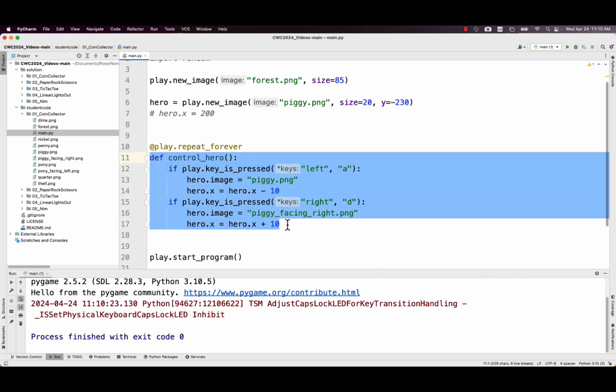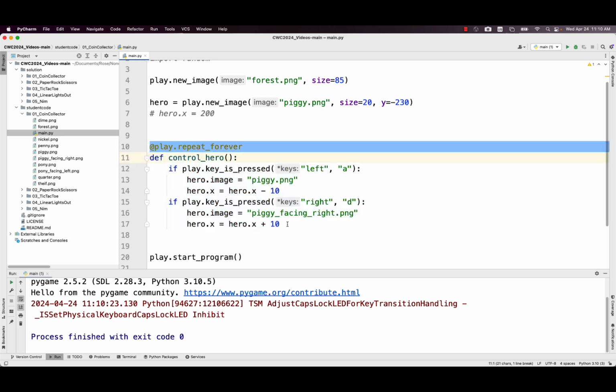So this thing right here, def control hero, this is a function. Now, normally in code, if you make a function, it's a bunch of code that doesn't do anything unless you call it. That's where this little tricky nonsense comes in. This is telling the play library, you can see it's this classic @play.repeat_forever, it's telling it to repeat this code forever.